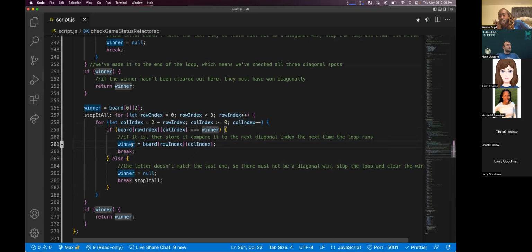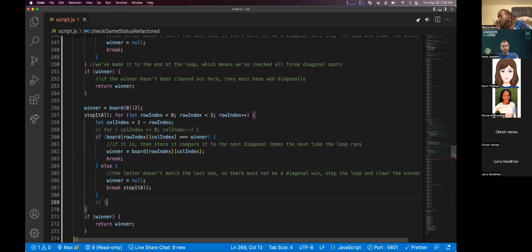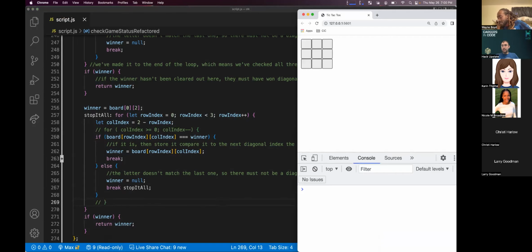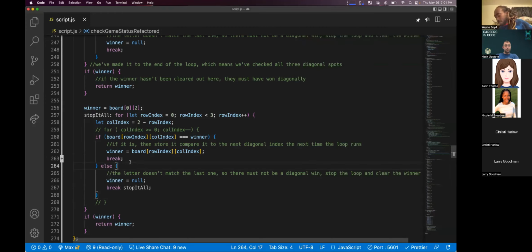Now that you got that fancy 2 minus row index, can you get rid of the column loop altogether? I think you can. I'll call you at 7:20. I was thinking that, but I was too afraid to test it. I'm gonna call you at 7:20 then. No. Oh, no, we cannot. Oh, because I'm breaking out of the loop.